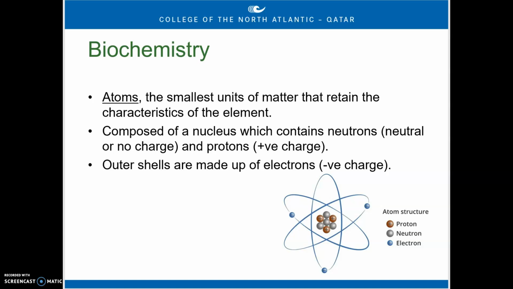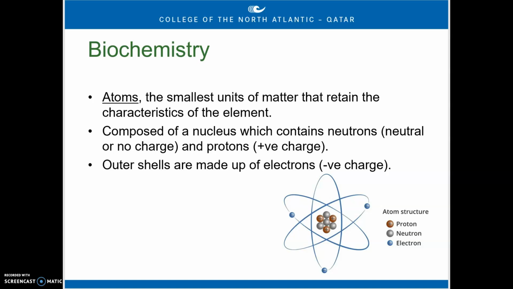In order for us to understand what a cell does, we need to understand its components, what makes it up. You remember, a cell is orders of magnitude bigger than an atom. So if we understand the basic chemistry, then we've got a better idea about how that cell works. So if we look at an atom, we can see that an atom is composed of a nucleus, and inside that nucleus it has